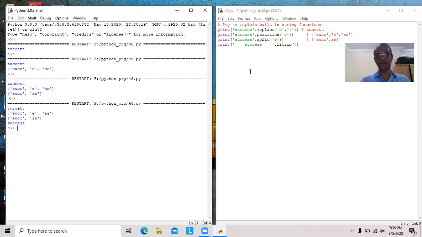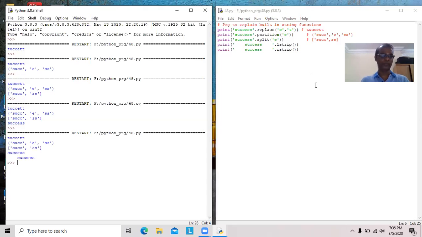The blank spaces are removed. Similarly, instead of L, I change it to R. So right hand side blank spaces will be removed. Left hand side blank spaces are there. Right hand side blank spaces are removed. So these are called built-in functions available for strings.